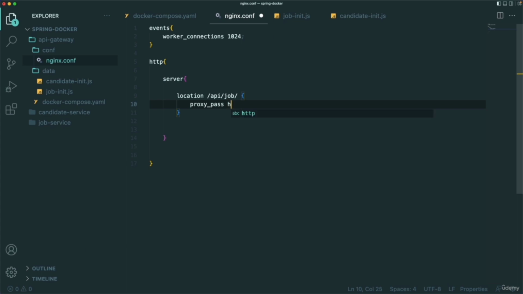So how do you think that it will talk to job service? Simply like this. Okay, job service, this is its host name or service name, :8080/job. So it basically means that we do it like this. So now let's imagine that request is sent like this: job search